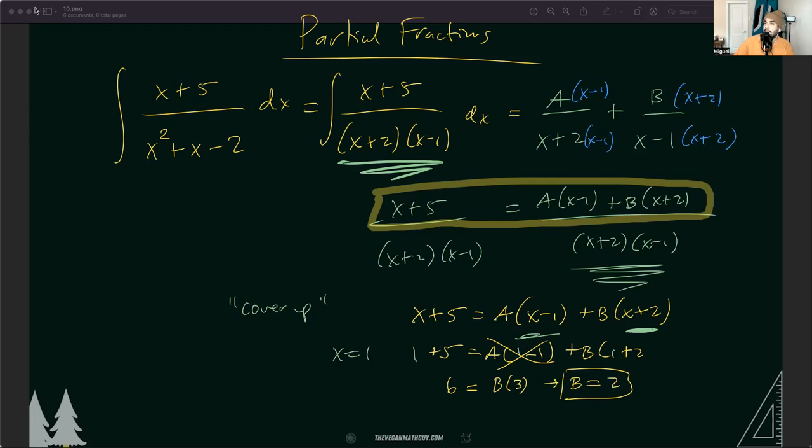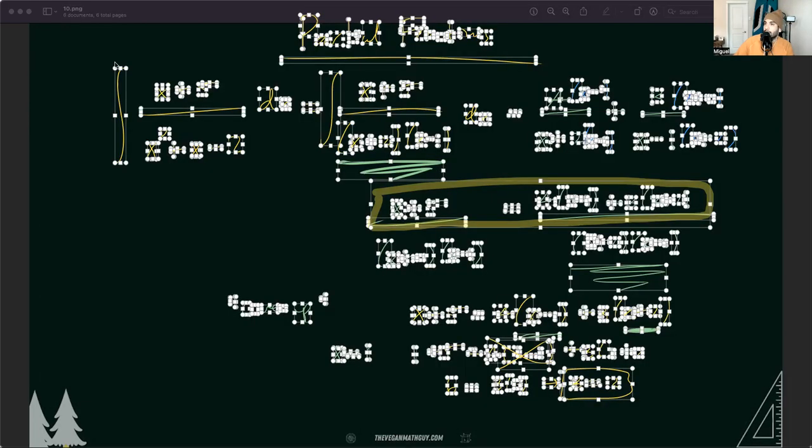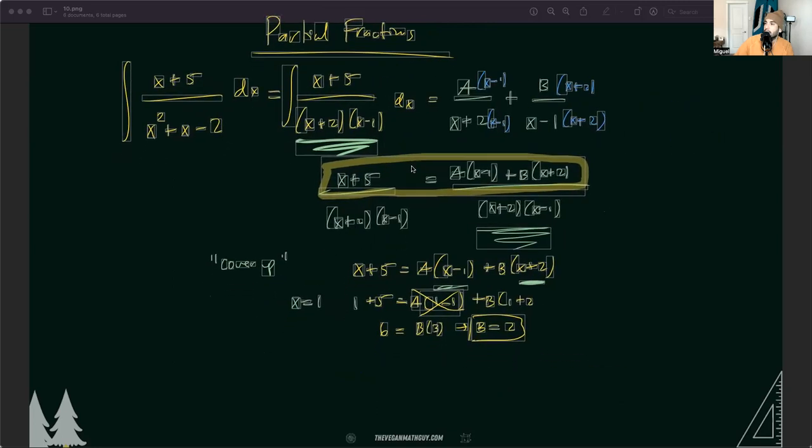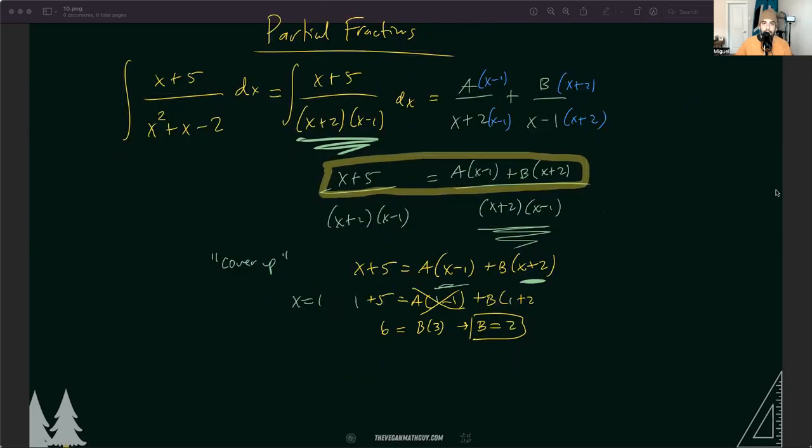Let me go ahead and create some space here on the blackboard so I can move some stuff around. But that's the cover-up method. Again, it's really nice to think about, okay, what can I plug into the parentheses so stuff can cancel out? And we're going to do the same thing for the other parentheses. Well, how about if I plug in negative 2? So that's